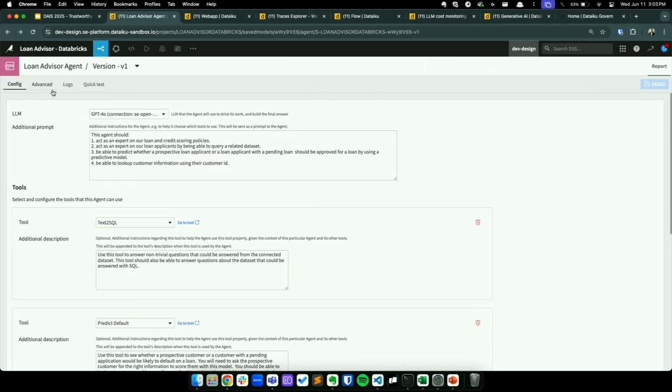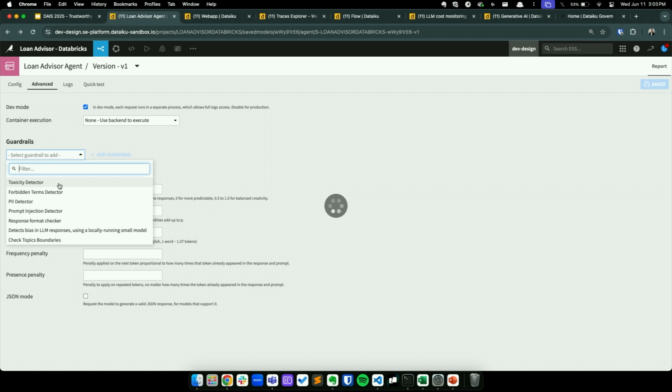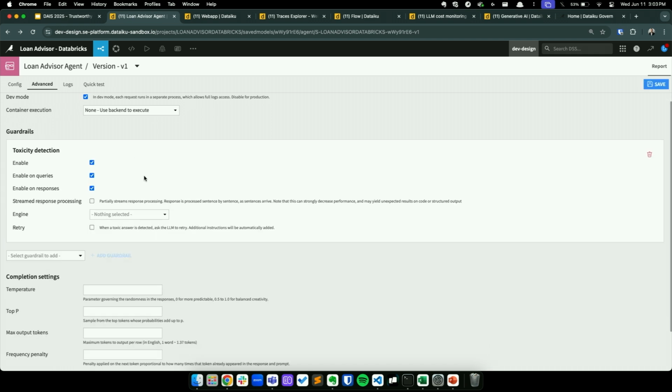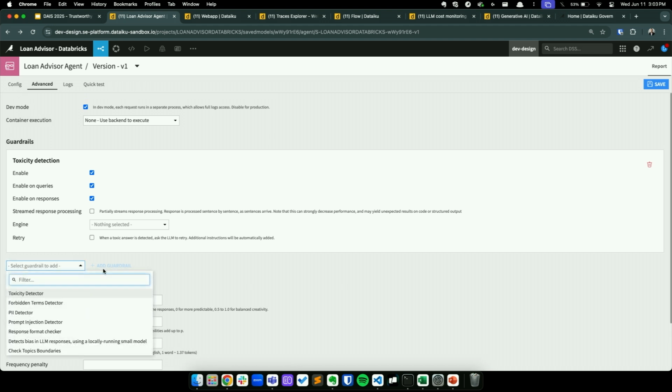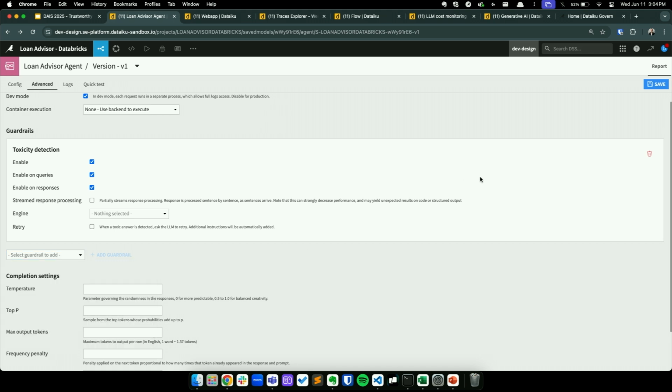Along with that, from a guardrails perspective, if you want to determine that this agent has filtering capabilities for toxicity detection, you can apply that here. You can specify that this agent should be able to filter out toxic content. If you want to filter for some specific forbidden terms, some specific words that you don't want to have as responses by the LLM, maybe it's customer facing and you want to make sure certain key terms are limited. If you want to filter for things like PII, sensitive data, or other filters that you can custom build, these are all available to you as well, either at the agent level or also at the connection level to the models as well.